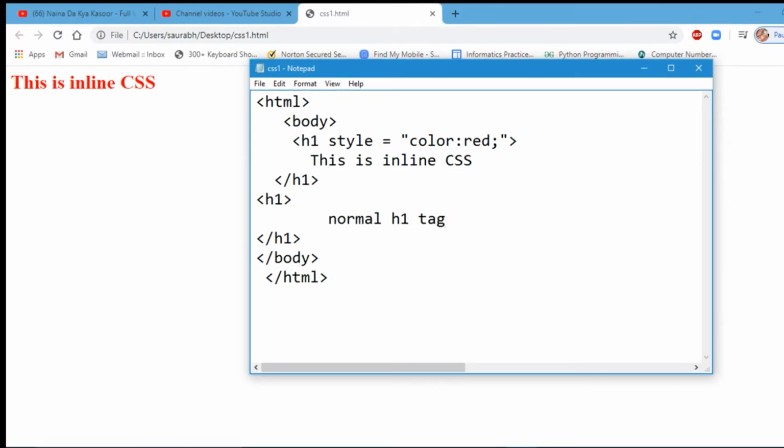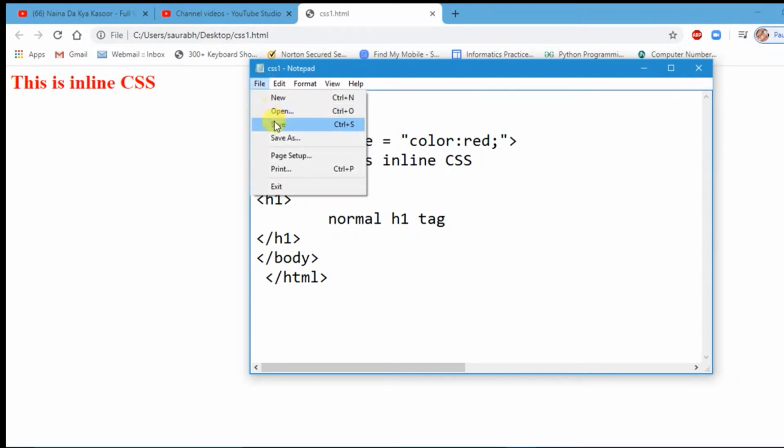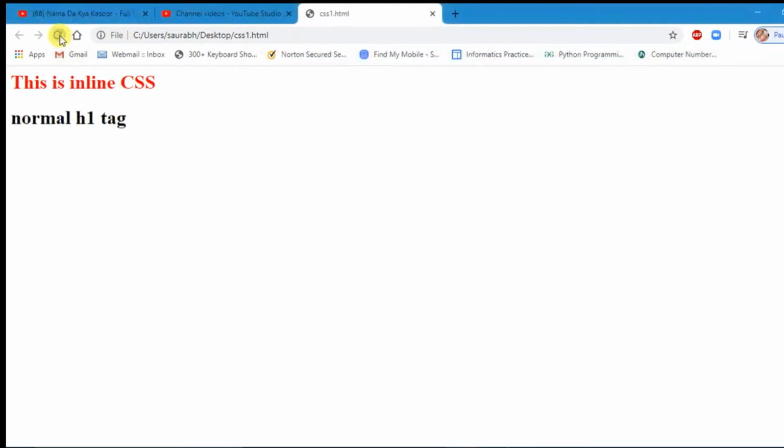Until we apply the style attribute inside the H1 tag, it will not affect the output. If we do not pass the style property inside the H1 tag, then it will not affect the output. Whenever we apply inline CSS, it will work on a single line only.